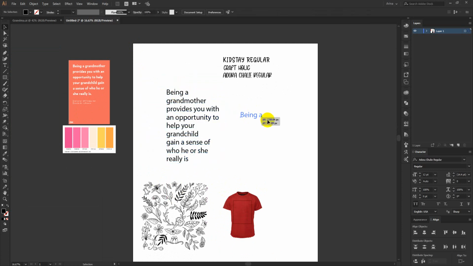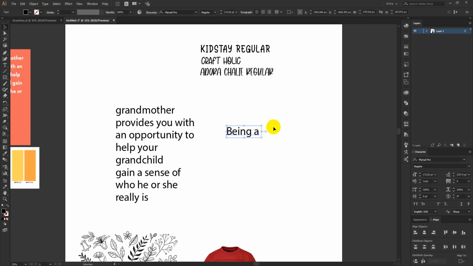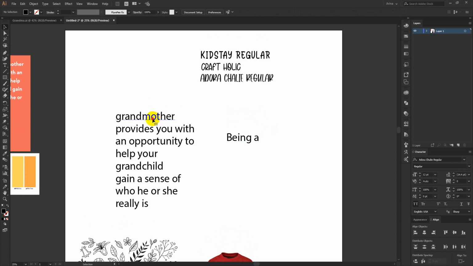If I start making the designs, I am going to focus on this grandmother and grandchild. These two texts will be the focus of my design, because this is the most important part. This design is for grandmothers, and why will they buy it? Because it is about their grandchildren. They can relate this to their real life.